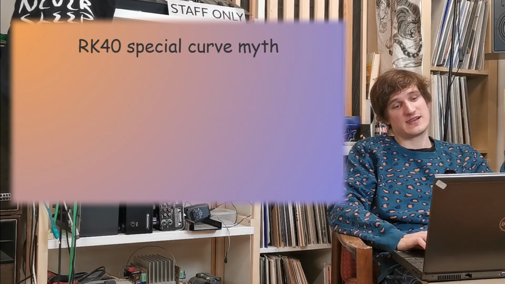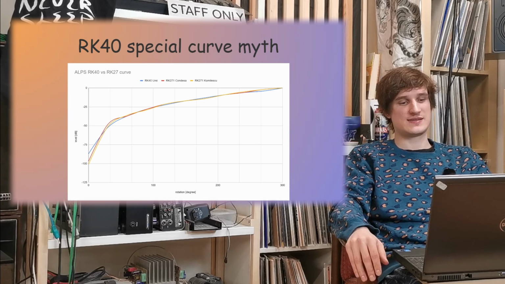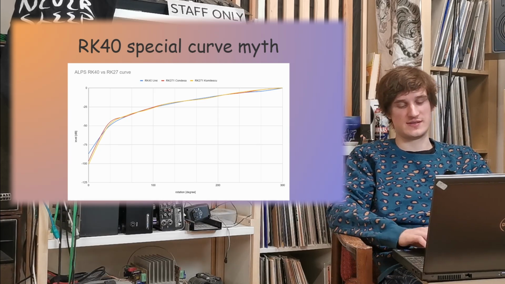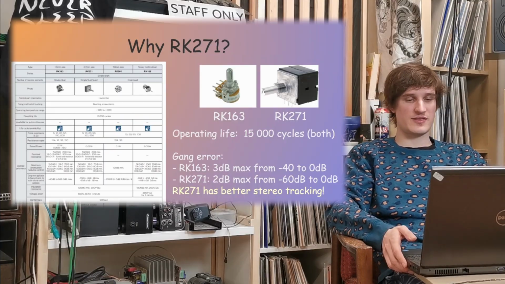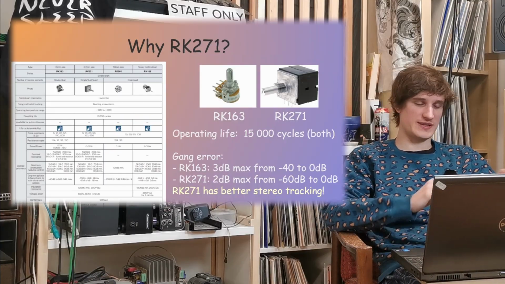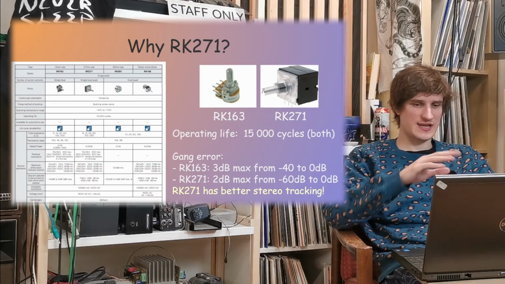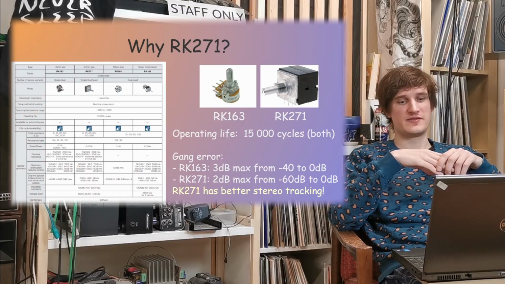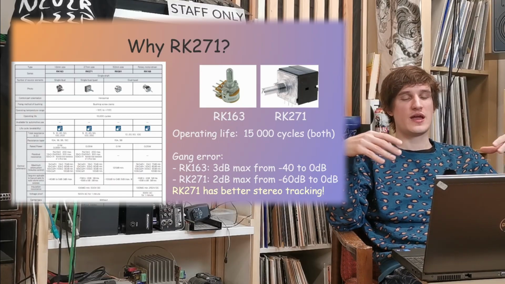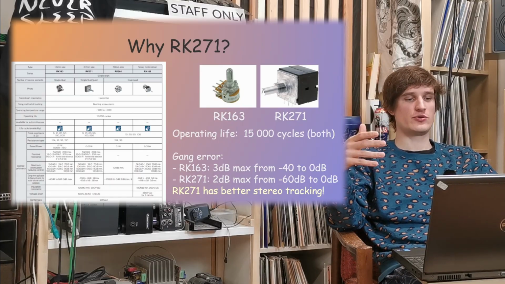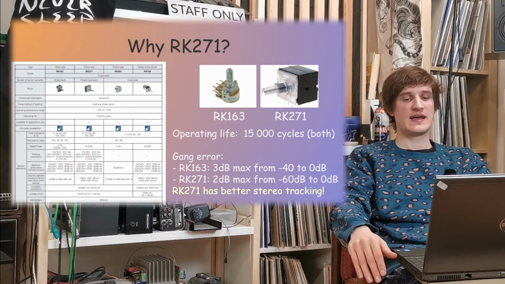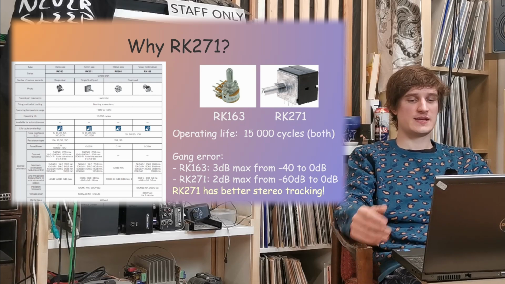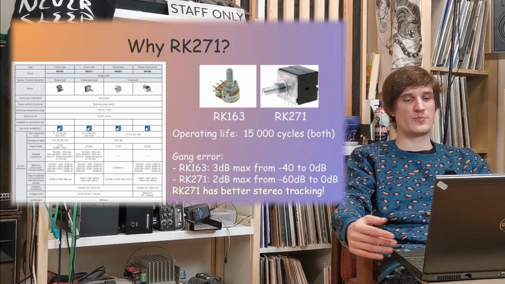But as far as I did the research, it's essentially busted. Modern Alps RK27 and RK40 have just the same curve. And yeah, the thing I wanted to say before, while talking about this curve comparison, I want to also give you some views about why people so widely choose RK271 and why it's mostly used for volume applications. As you can see from the datasheet, I compared the